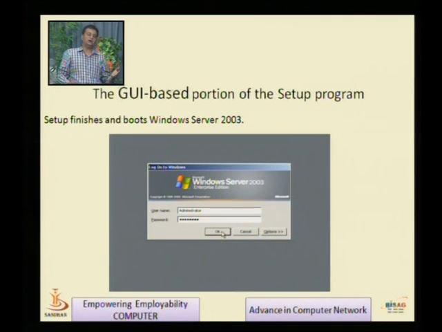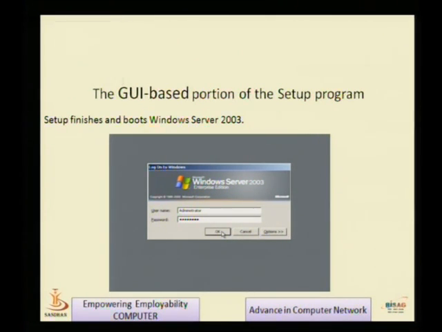After installing, it will again reboot the system and show a message, Windows Server 2003. Server 2003 has three varieties: the Enterprise Edition, Standard Edition, as well as Web Edition. So this screen is showing the information about Enterprise Edition. Here we have to enter the username. The first user of the operating system is the administrator that we set during installation time, and the remaining is the password that we set. Once you provide the username and password and click OK, you are allowed to enter into the server.